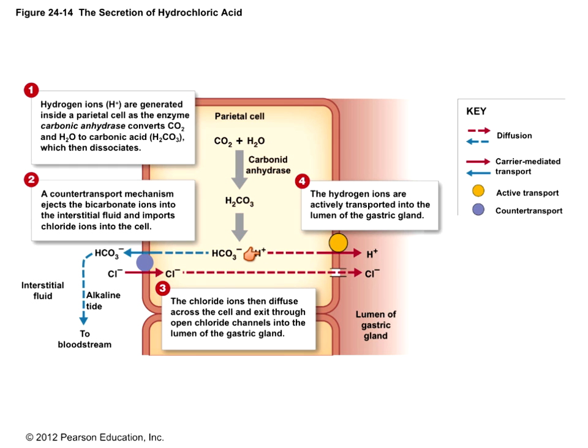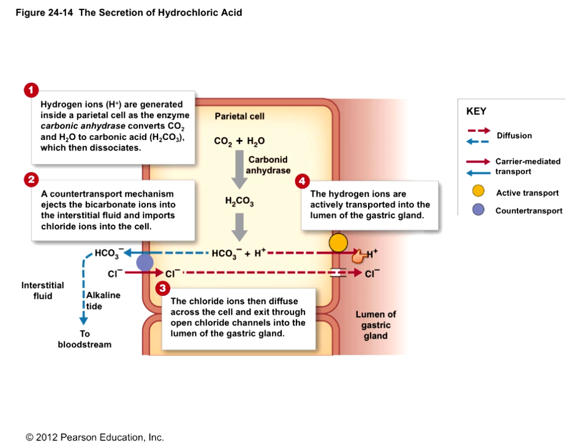So the hydrogen ion is going to move out as a result of using energy. Counter-transport mechanisms don't require energy because you're pushing one guy out while another guy comes in. Who we want to push out into the bloodstream is bicarbonate, and chloride we want to push back in. So the chloride then will make its way through, and the hydrogen and the chloride are going to be attracted